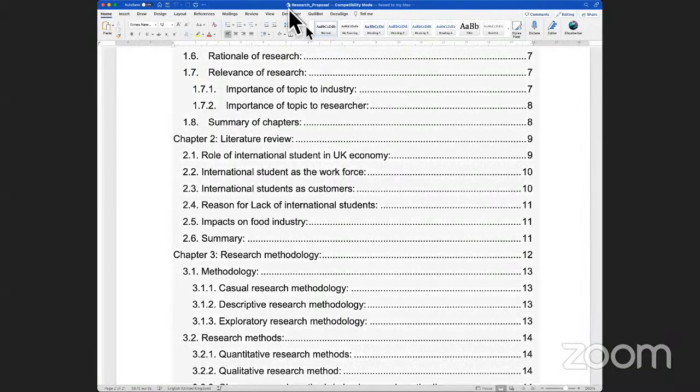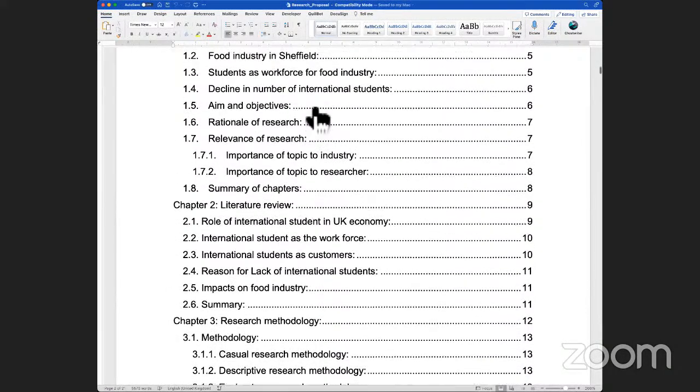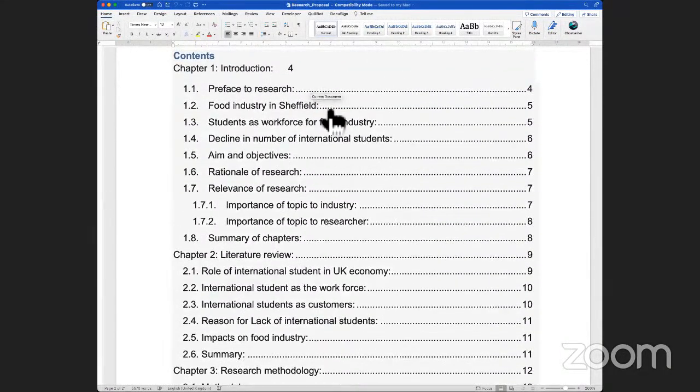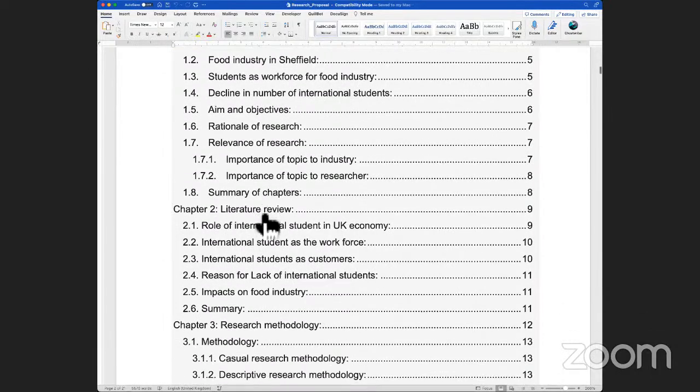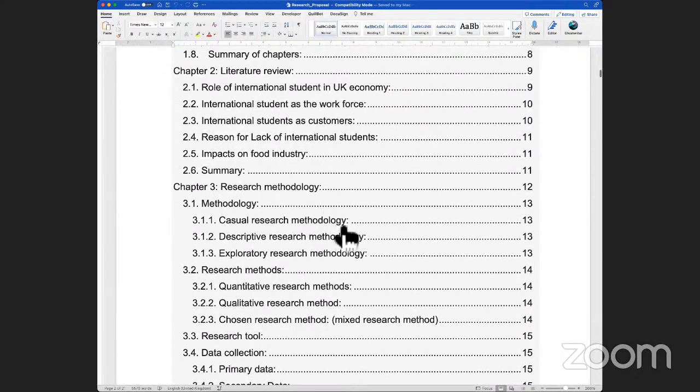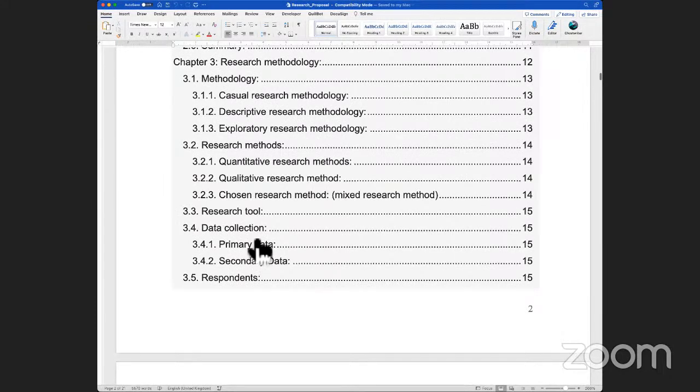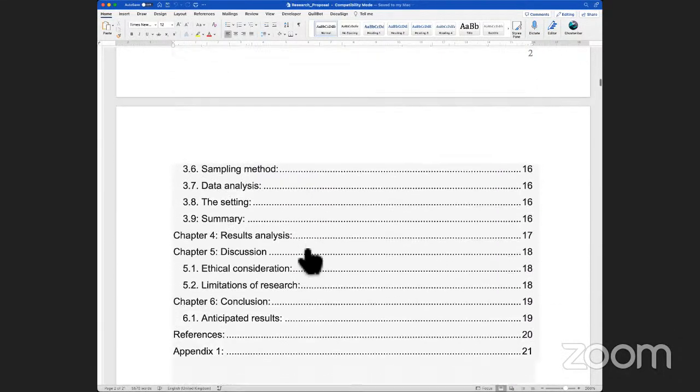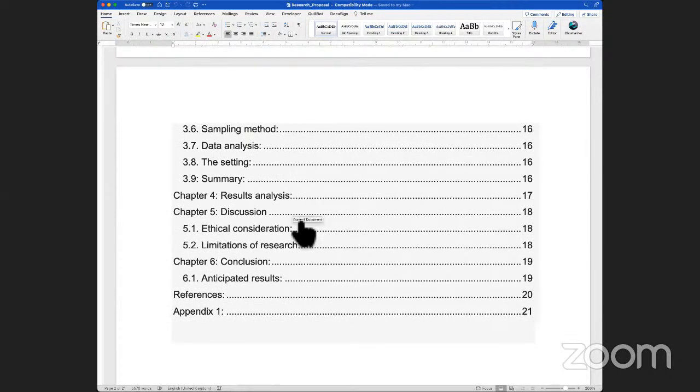One other thing which I would want to show you, just as an example of a research proposal, is that this obviously is a bit of a report, but if you see in the research proposal, the learner has clearly depicted the 4 or 5 chapters that you're going to be looking at covering, and that is introduction, you have literature review, you have research methodology, you have research methods, data collection, and then finally results and discussion, basically results or findings of your results. And that is what your proposal should be in synopsis, maybe 2 pages, 3 pages, but you have these 5